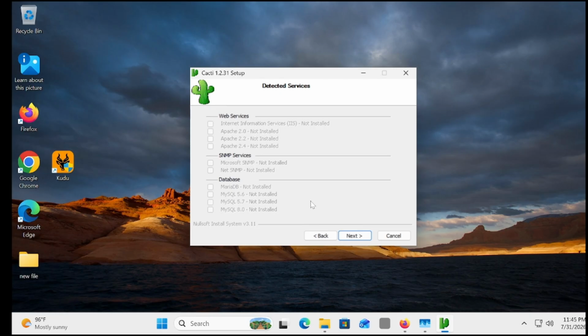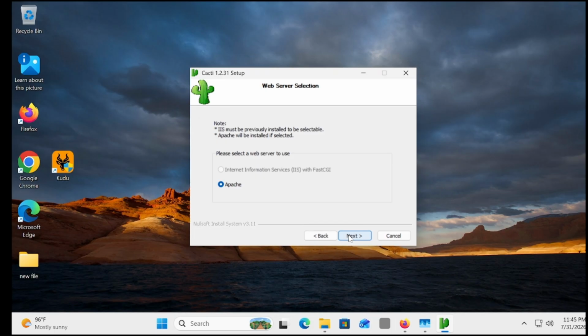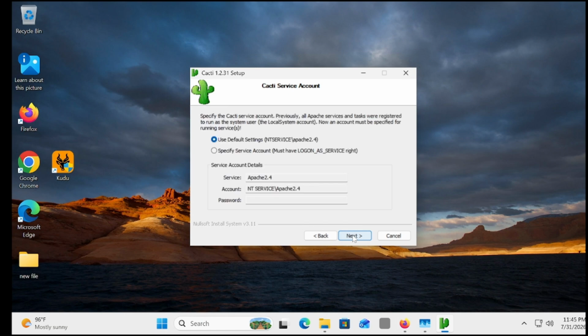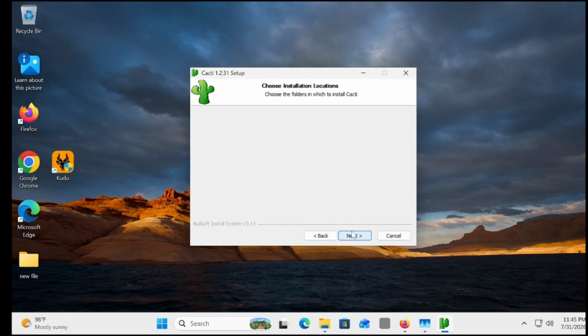Like if we want to install Apache, obviously we need to execute the command, but in Windows we have a beautiful thing: it will be installed automatically. Next, Apache. Yep, we will go for Apache. Next, I use default settings. Keep default settings as they are. Next,